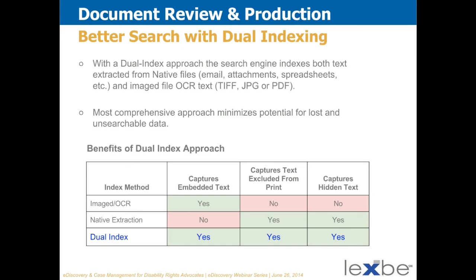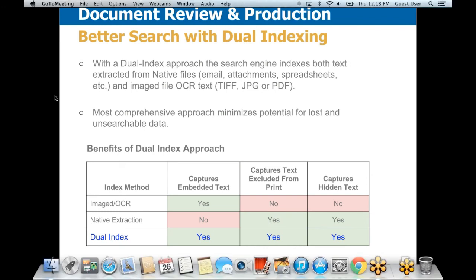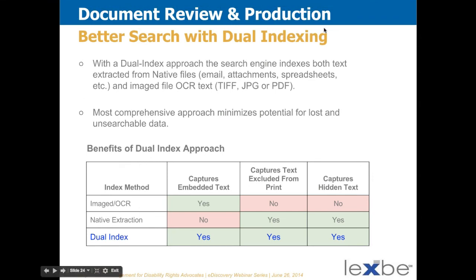What we do for the search engine is we index both a native version of the file, such as a Word version of a document or an Excel version, and what is made into a PDF. The PDF is what would come out when printed, and often that's not exactly what would be in the native, for reasons such as hidden tabs or hidden text,